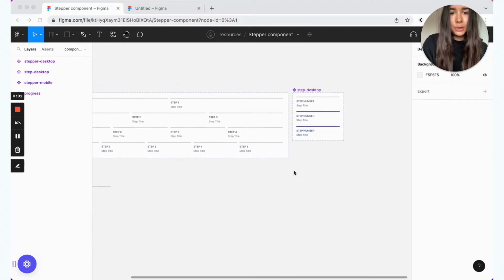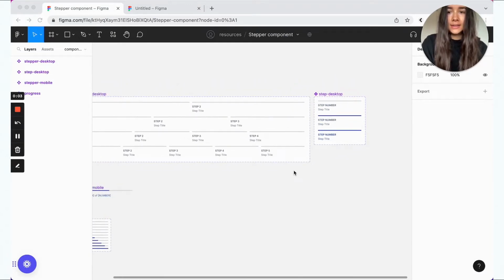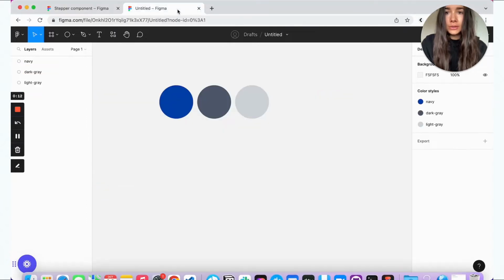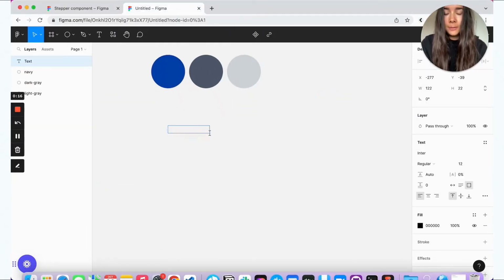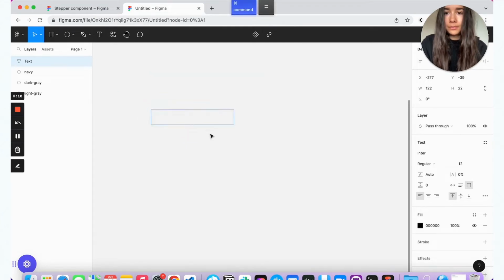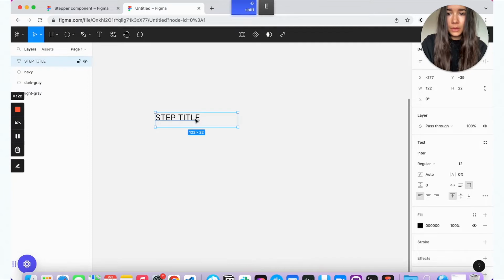So the first component that we're going to create is the desktop version, and we'll start by creating just one single step component itself. So to do so, we'll begin by creating a text layer, and let's say step title or step number.